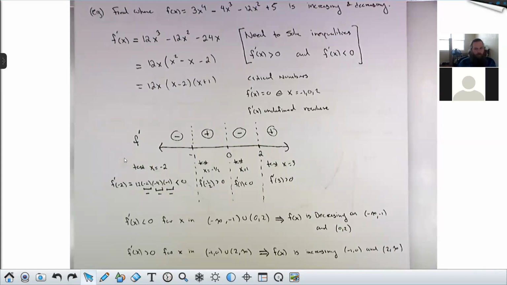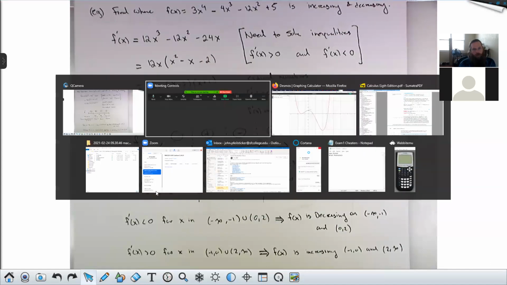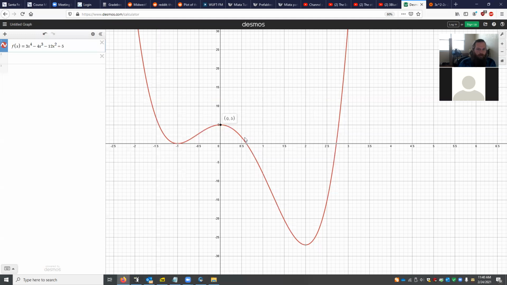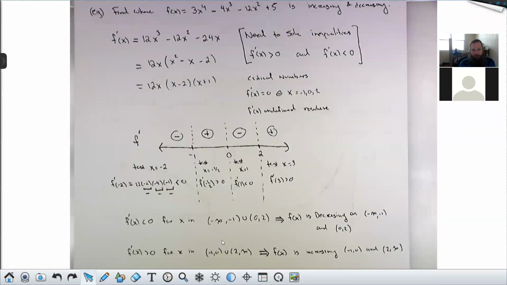I do want to talk a little bit more about this example. Specifically, I want to talk about what's going on at these critical numbers and how we could know that just from the number line. So let's focus our attention on this guy, 0, 5. Specifically, it's just x equals 0. Don't worry about the y value. Just at x equals 0, what's happening? x equals 0 is right here on my number line. And according to my number line work, we are increasing to the left of 0 and decreasing